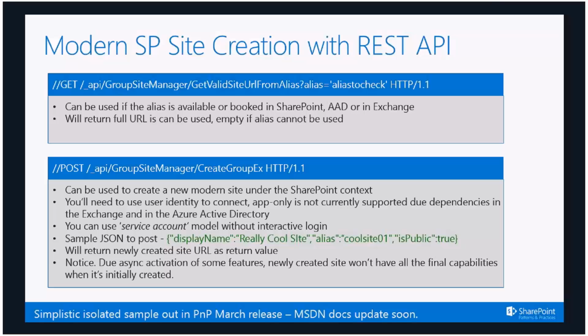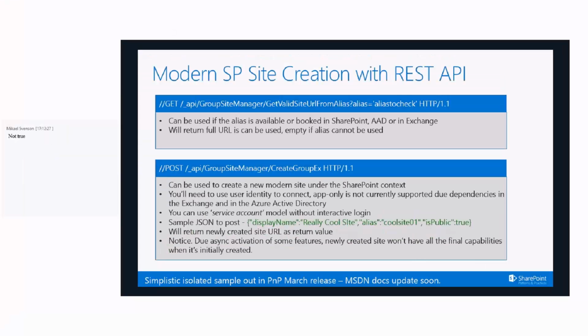There is, however, a small challenge with this one as well, because typically when people have, let's say, an async provisioning process in a web job, they are using app only. Unfortunately, modern SharePoint sites cannot be provisioned, at least for now, and most likely this won't change in the future, using the app only option. And we do understand that at this point some people might say, no, but we need to use app only. The challenge is not actually in SharePoint. SharePoint would be able to do this. The problem is in Azure AD and on the Exchange side. So Azure AD